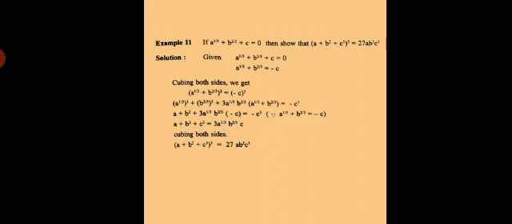Here in the next step, a + b², now shift minus c³ to the LHS, and 3 a^(1/3) b^(2/3) into minus c, shift that side. Here both the sides we have minus sign; when you interchange, you get plus sign. Now on cubing both the sides, you get the required answer, that is (a + b² + c³)³ equals 3³.